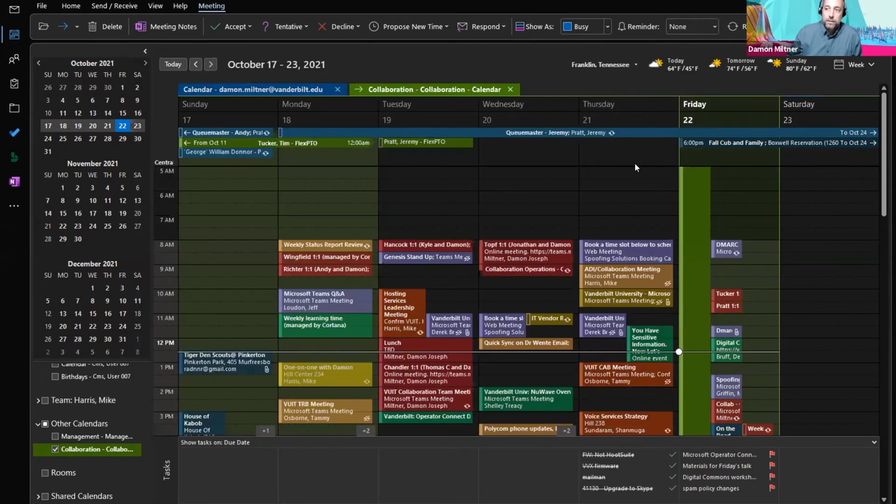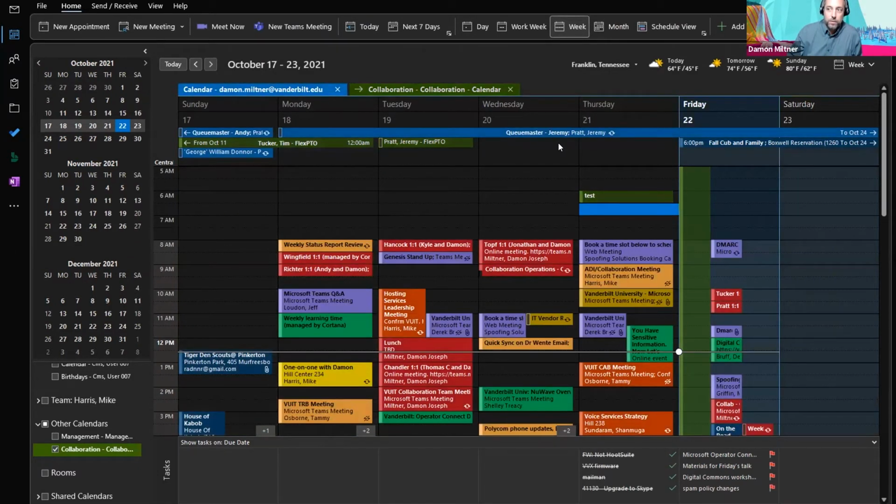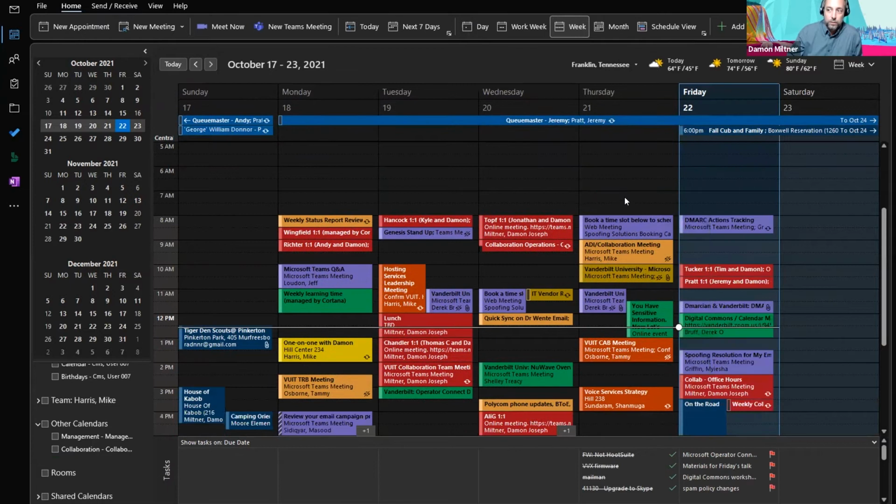So that could be helpful. So that is on the collaboration calendar, not on my personal calendar. So when I close it, that just proves it's on that calendar, not mine. So when you're setting up calendar appointments, and this goes for too, like if you're out of the office or